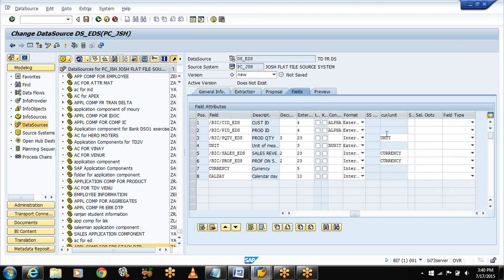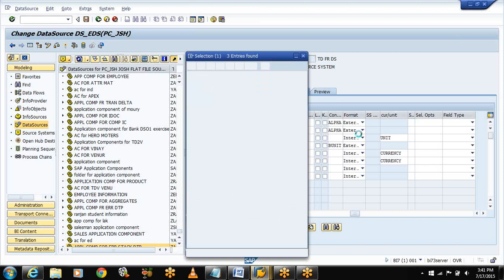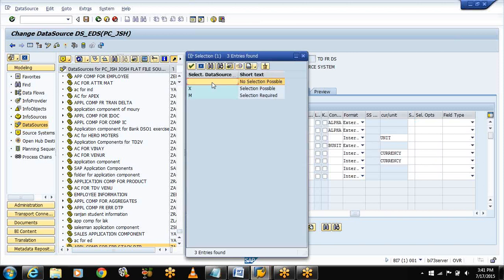Now observe this, my info objects are completed. I had assigned info object properties to the fields. Selection: browse and choose X, that is selection possible. See here, space indicates that presently in this form no selection is possible. X indicates selection possible.